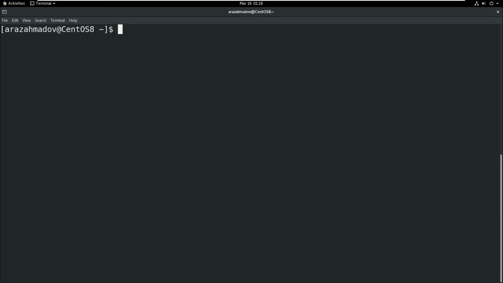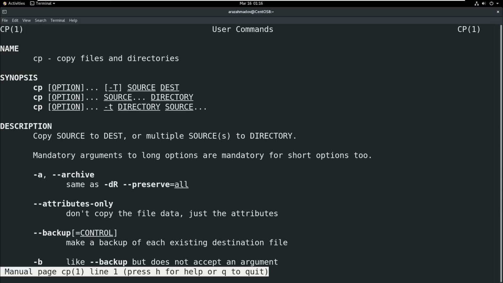In this lesson, we'll learn the cp command. cp means copy. Actually, copying files and directories is one of the common tasks to perform on a regular basis in Linux. Let's type man cp to see the options in there, and we'll use some of the options now and in the next